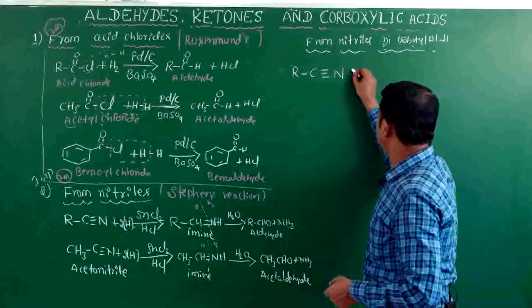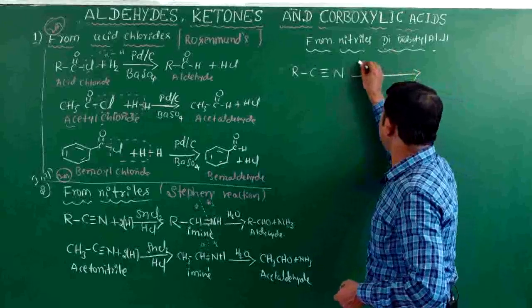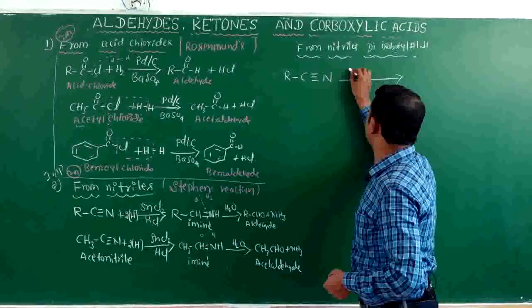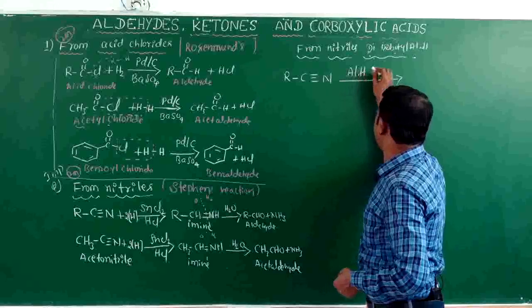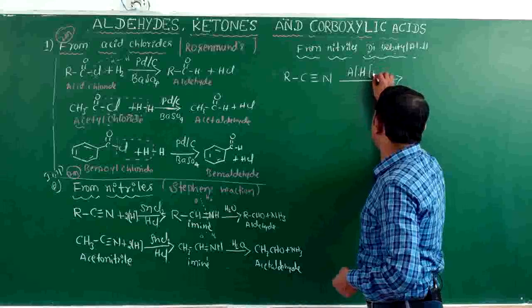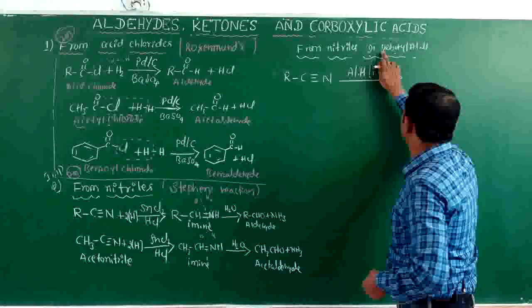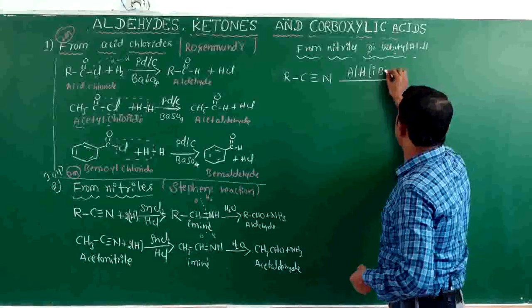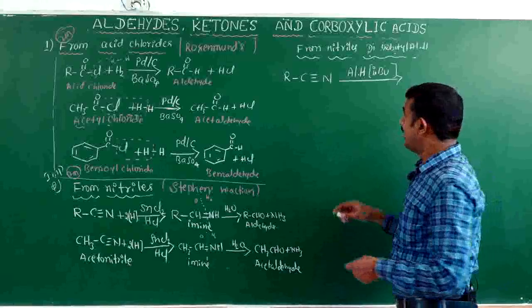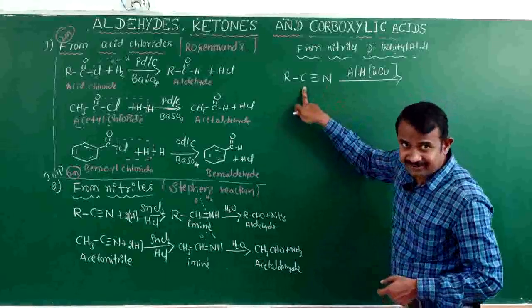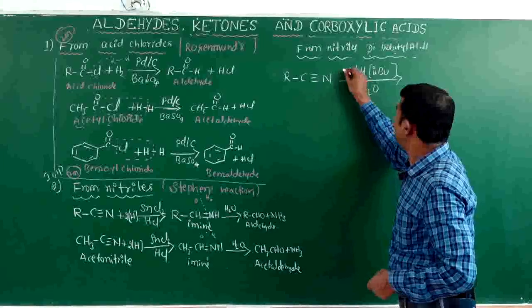Nitrile is reduced with diisobutyl aluminum hydride to form imine, RCHNH, which undergoes further hydrolysis